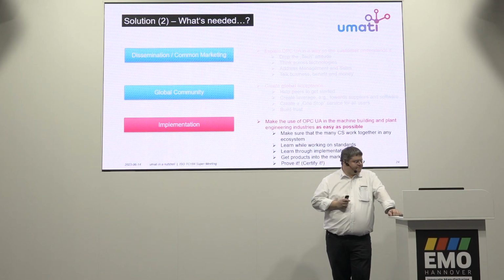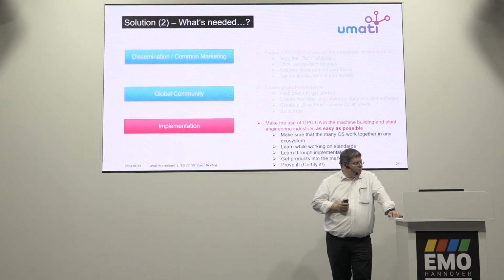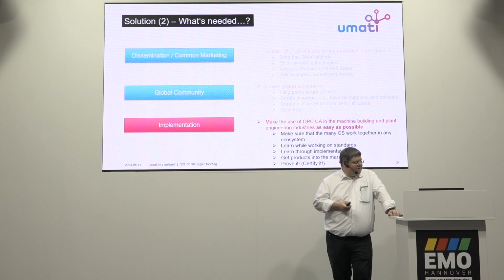Let me come to the third item, that's implementation. And you have to give proof of the data exchange, and digitalization lives off people trusting it. If you can't rely on your data being available adequately, if you can't rely on the right things being done with the data at the end, then you will not want to do it. And maybe you just have to give a prototype and show it, which means we built an ecosystem which is called the umati Demonstrator. It is accessible under umati.app, quite a number of machines streaming data, and you can see,